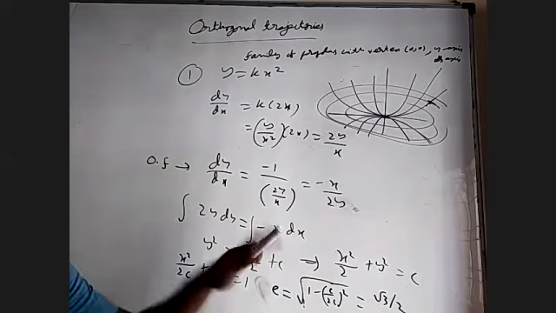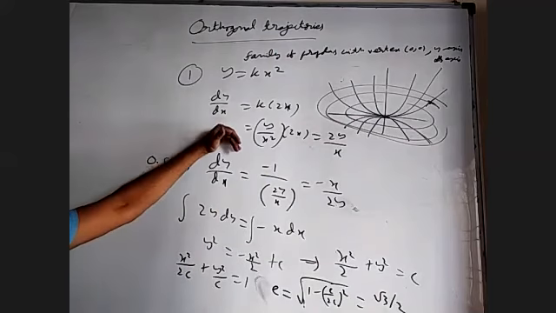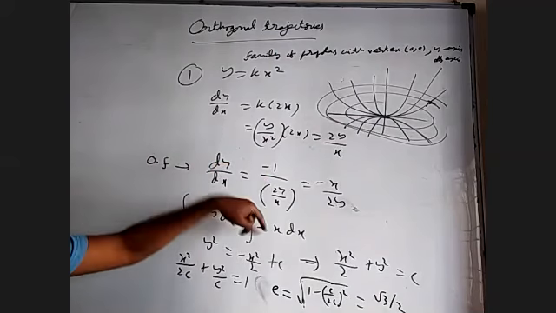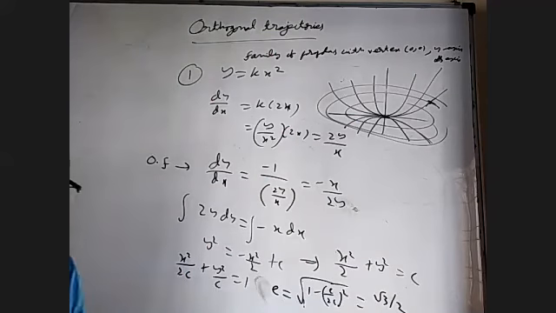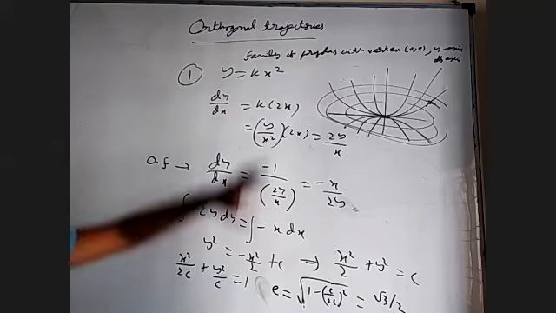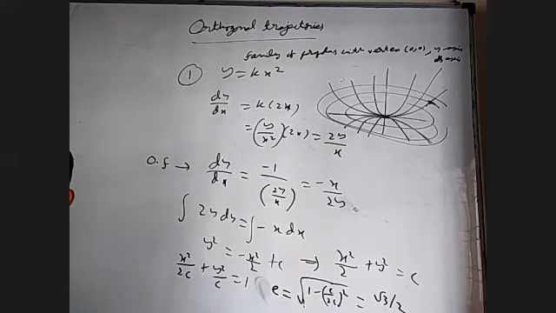Any question? Same process. Find the differential equation of the original family. Based on that, find dy by dx as minus 1 by the previous dy by dx. You'll get a new differential equation. Solve the differential equation. You'll get the orthogonal trajectory. I'm not discussing any theory that may be there in the material. You can see it. But I think one question is good enough, but we'll do more.